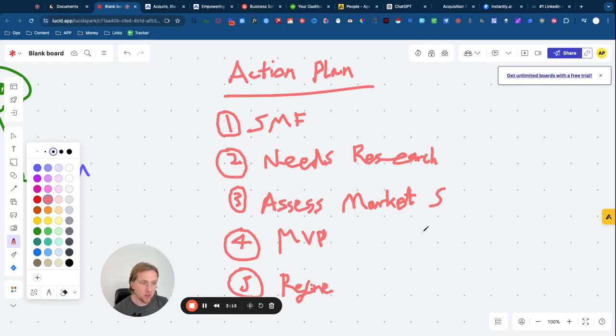And then the third point is I'm going to show you my process for assessing the market size. We talked about TAM. We're going to look at how I categorize and how I find markets that I can actually commit to. We're then going to look at how to build out an MVP when it comes to an offer, how we can test that, and what sort of feedback and data we can get and take forward with confidence if we are running with that offer. And then we're going to talk about the refinement process.